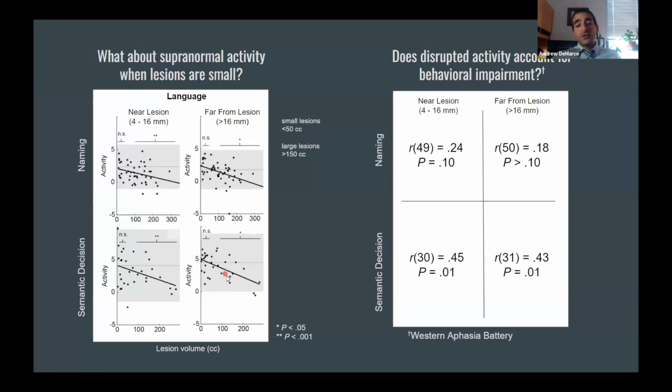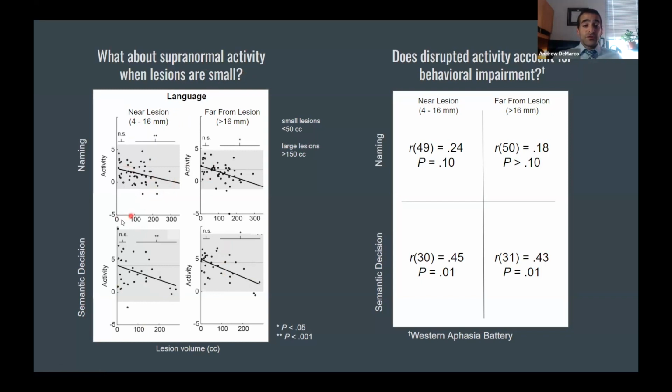And the right column is showing results far from the lesion. So here we have a data sparsity issue, so we can't use little fine-grained shells. We have to use big, thick slabs. And so basically what we're looking for here, if we are to find supernormal activity in small lesions, is